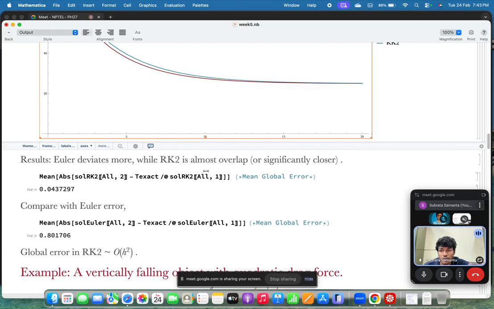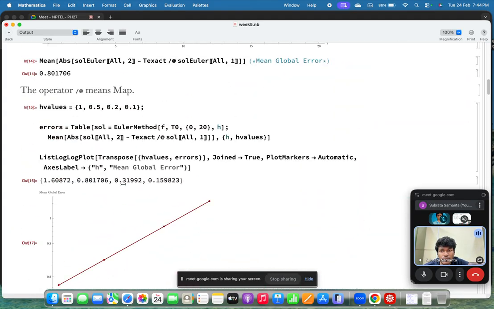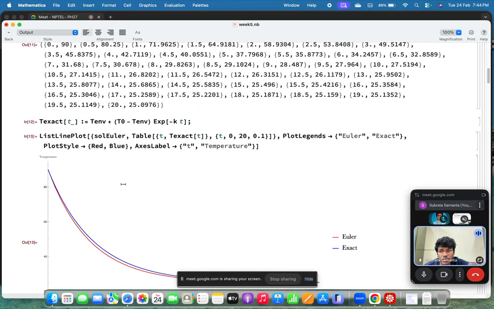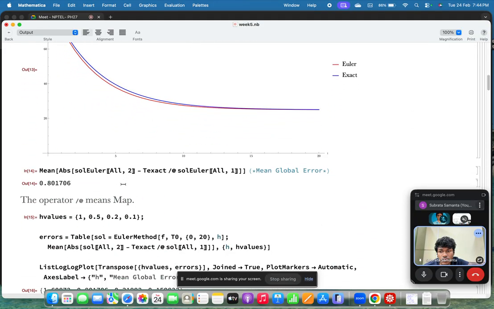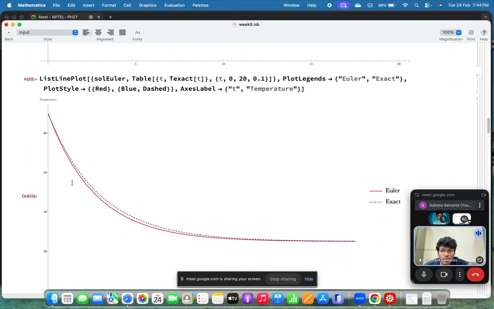The result is basically that Euler deviates more from the actual values, while RK2 almost overlaps and is significantly closer to the actual values. If you also calculate the error, similarly as we did in the case of the Euler method, you calculate the error here. Using the Euler case, this is basically 0.8. But if you calculate the same way,